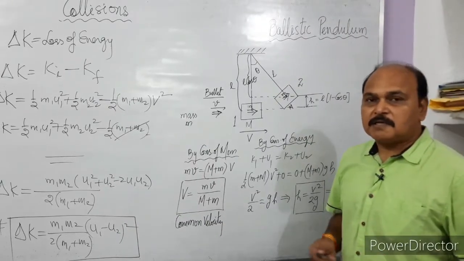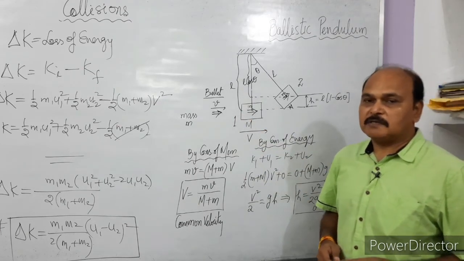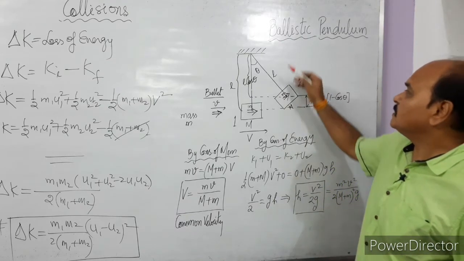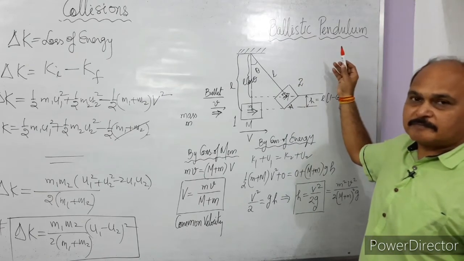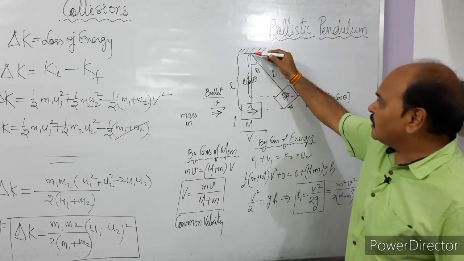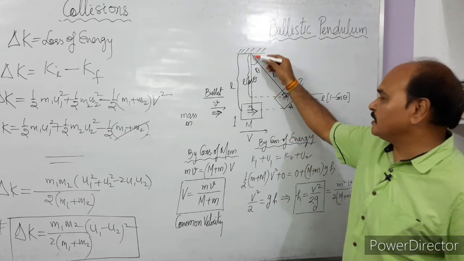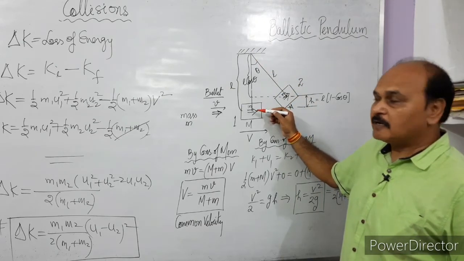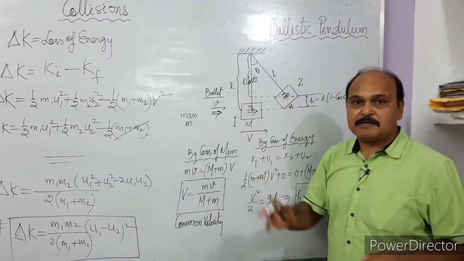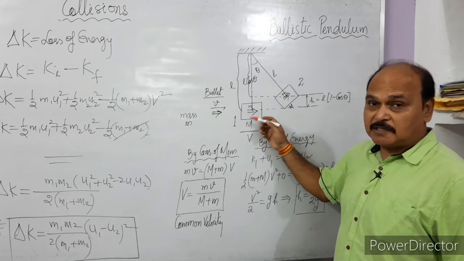Children, let us understand a very popular application of perfectly inelastic collision, and this is the ballistic pendulum. So what is there in a ballistic pendulum? In a ballistic pendulum we have an object hanging just like a pendulum. This is a string of length L, and with this string is hanging a mass capital M, say a sandbag. A bullet is fired over this mass, which is nothing but the sandbag.